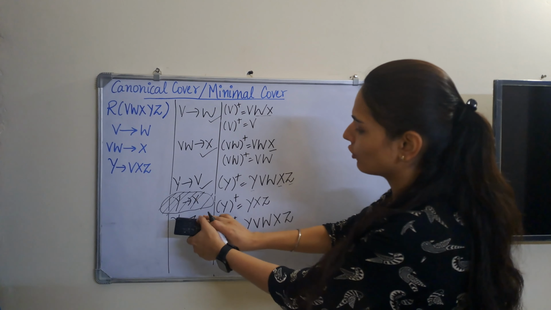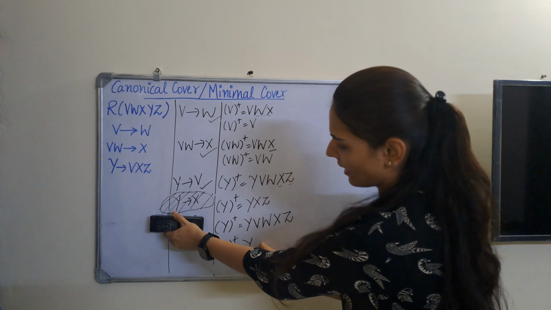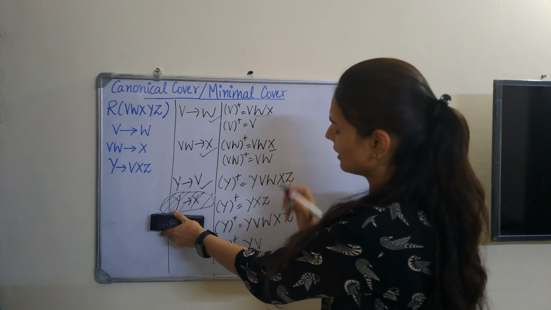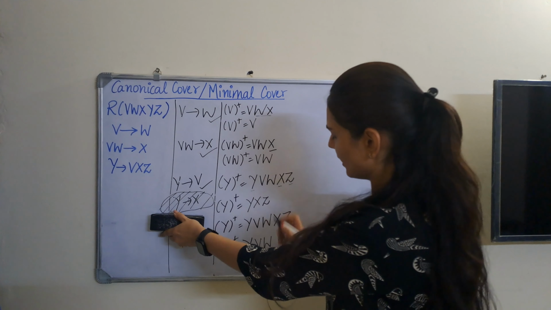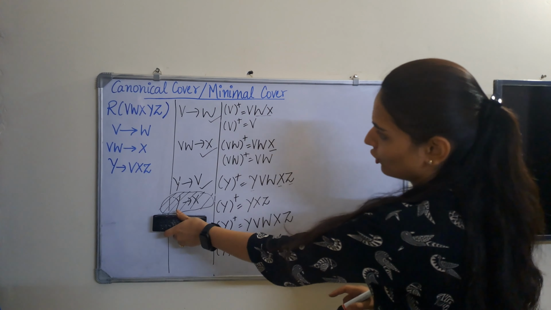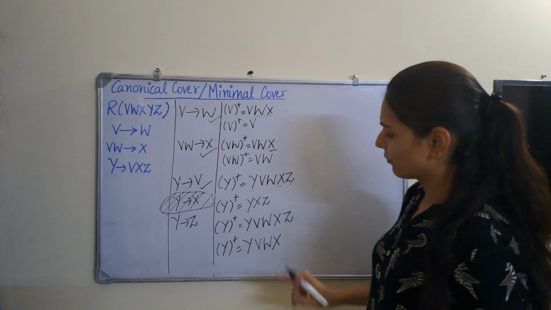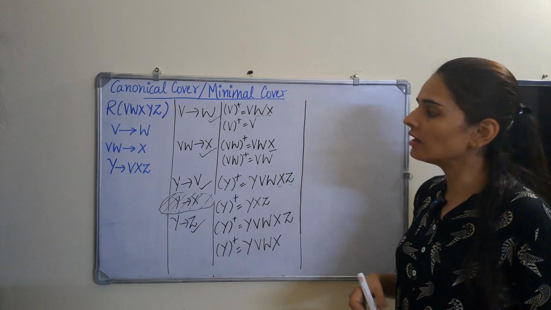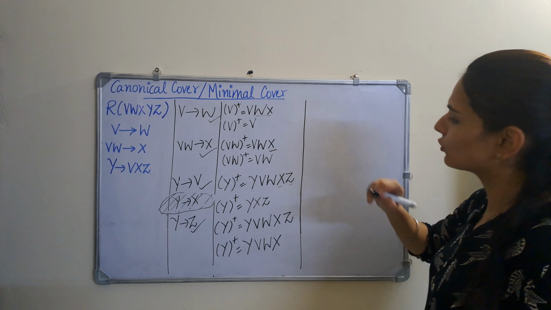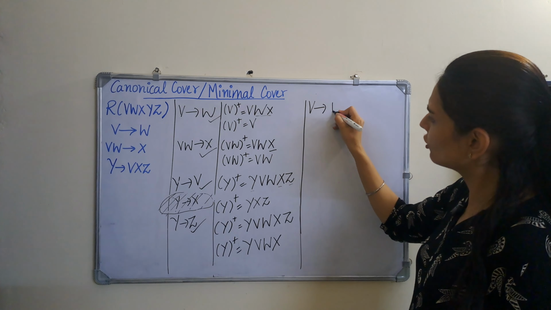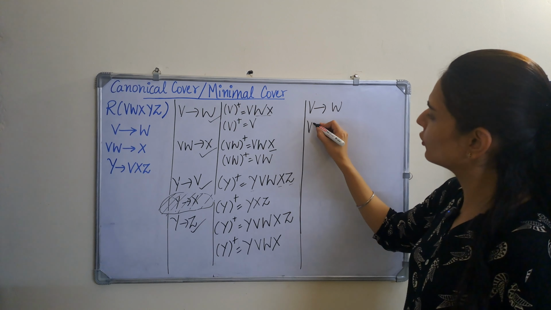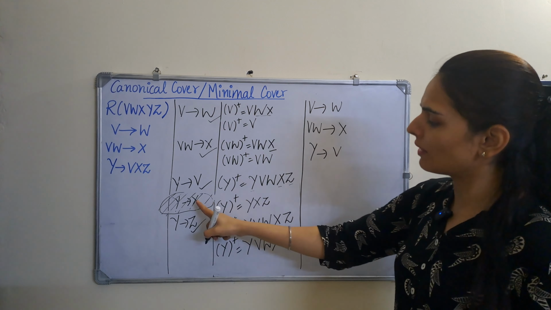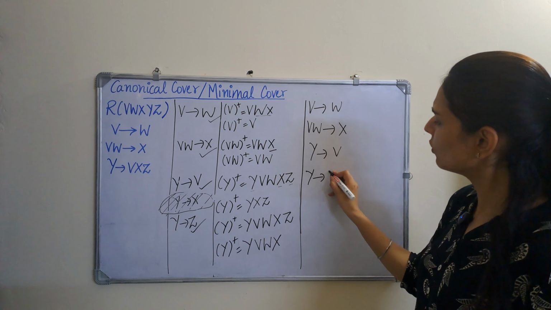So now next thing, what do we get? For Y, we get Y as it is, and is there anything else? We get V, and with V we get W, and with VW we get X, but now Z. Do we get Z by any means? No. So this functional dependency again is important. Now let's see which all functional dependencies among these have moved to the second step. So we have V to W, then we have VW to X, then Y to V, then this one is removed, we have Y to Z.